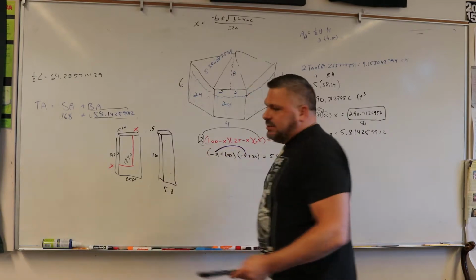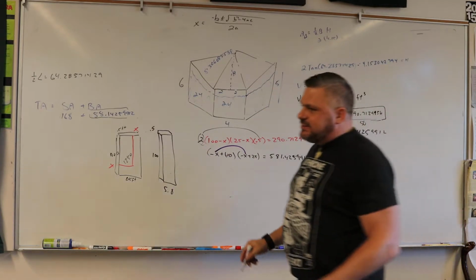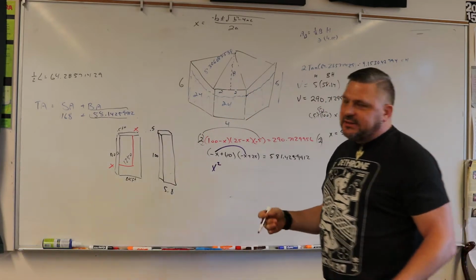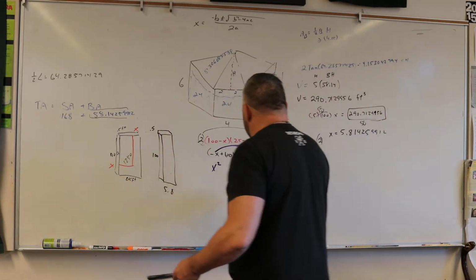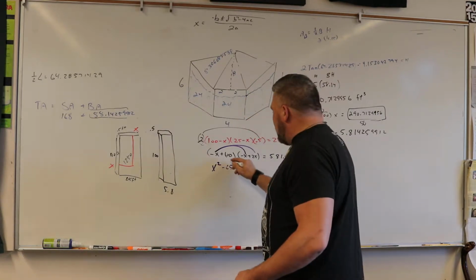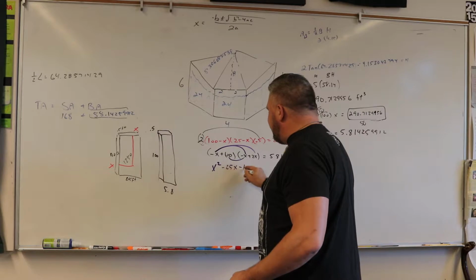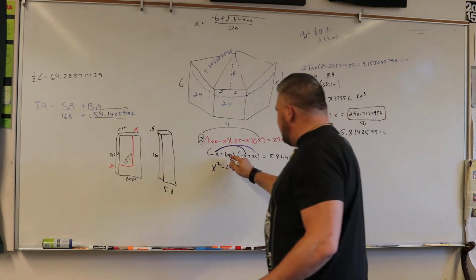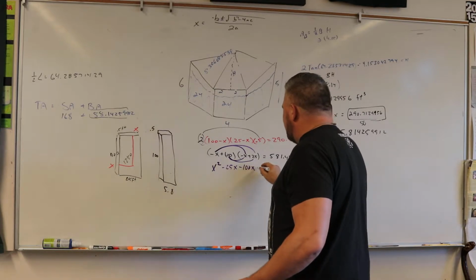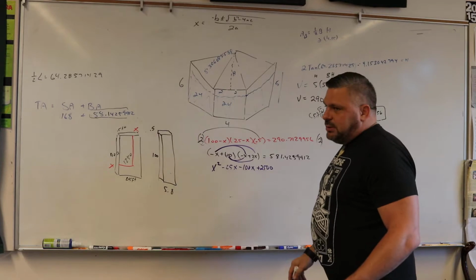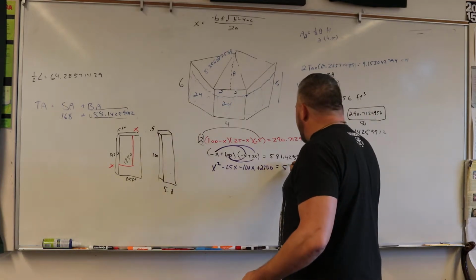So now we do that same clamshell. Negative x times negative x is x squared still, right? Negative times a negative is a positive. But negative x times 25 is negative 25x. 100 times negative x is negative 100x. And then 100 times 25 is plus 2500. Okay? Now that's going to equal